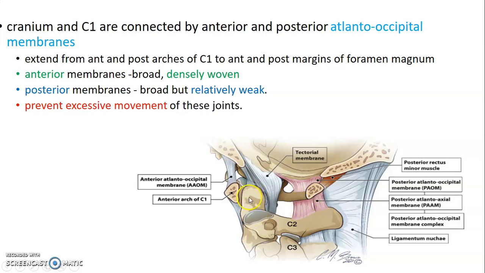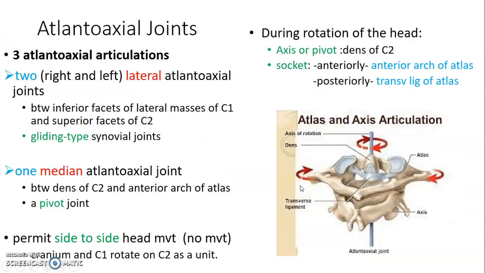Remember, this is your C2 vertebra, this is the dens, this is C2. C1 is here, it has been resected. This is your atlas here, and this is anterior atlanto-occipital and posterior atlanto-occipital membrane. Then we go to the atlanto-axial joint. It's also part of the